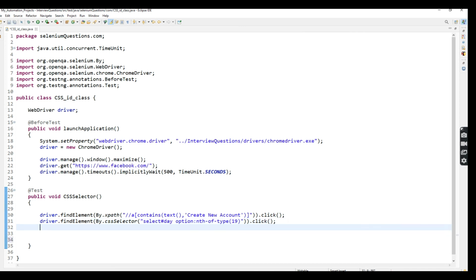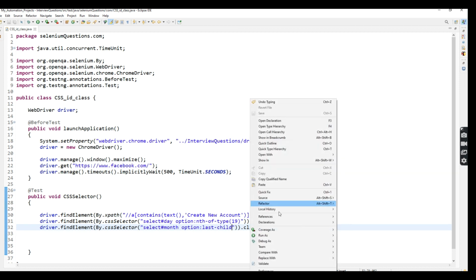So this is the one way we are following. I'm going to show you here. Take this one. So for day, I'm going to give the 19th value to select. For month, I'm going to select the last value, the last child value. Let's see. So here 18th, and here I can see December will be selected.